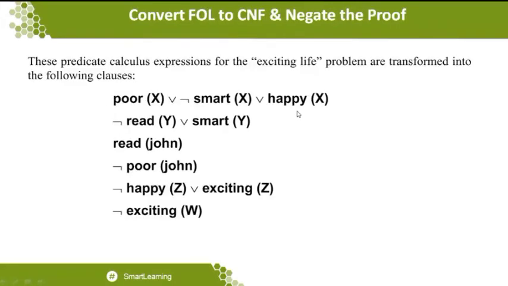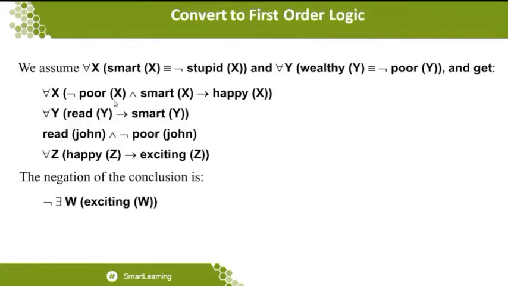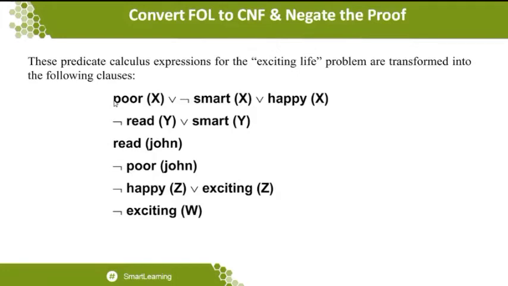This statement is applied here. You can see that when I move the not inside, a not is already available here. This is because we know the statement P implies Q is written as not of P or Q. The for all x symbol already has a not, so not and not cancel and for all x remains. When the not is inside, the conjunction symbol is converted to the disjunction symbol, which is an or, followed by smart of x or happy of x.